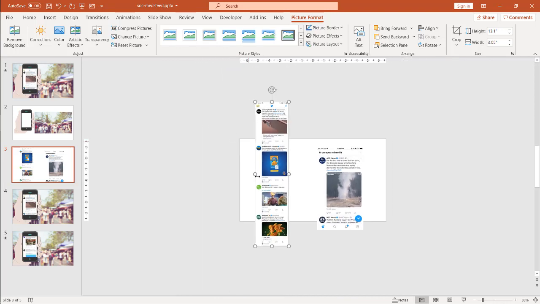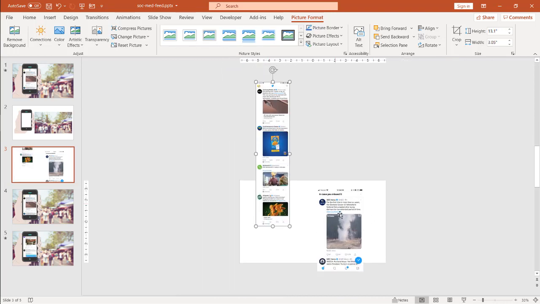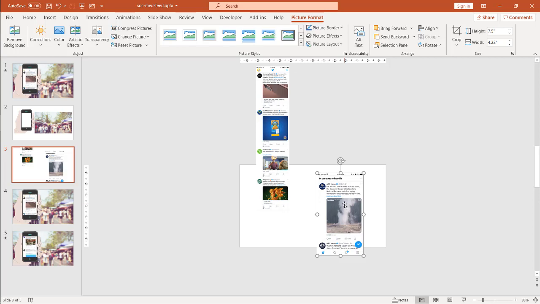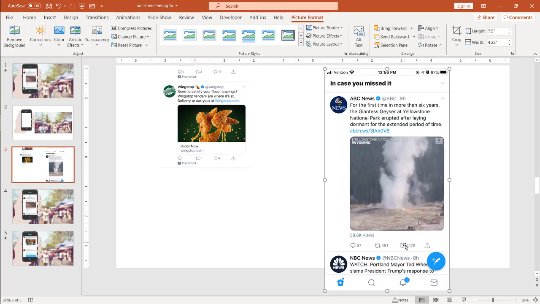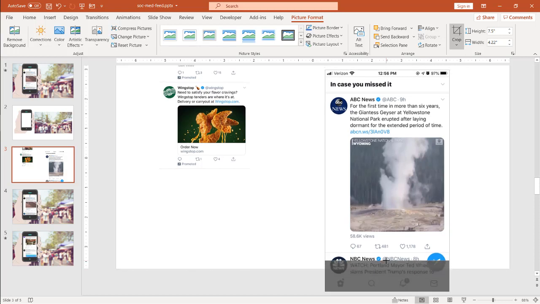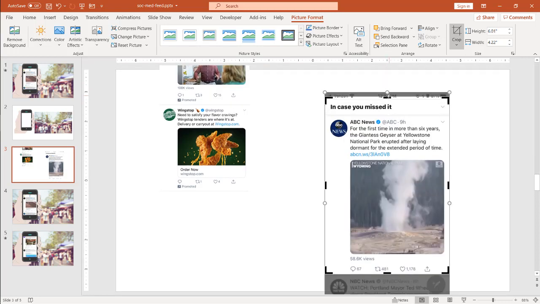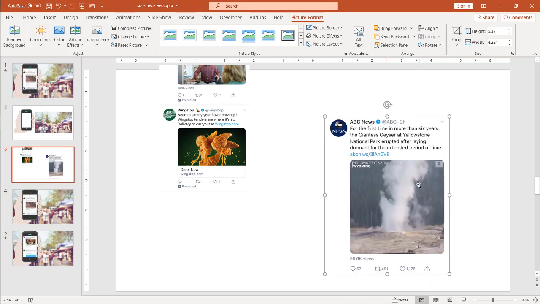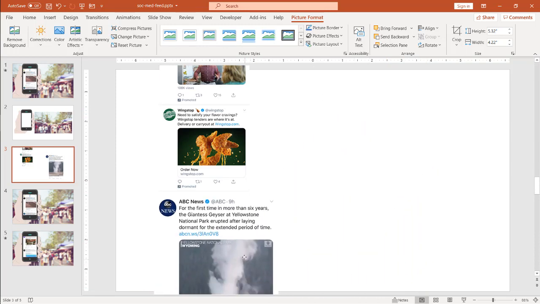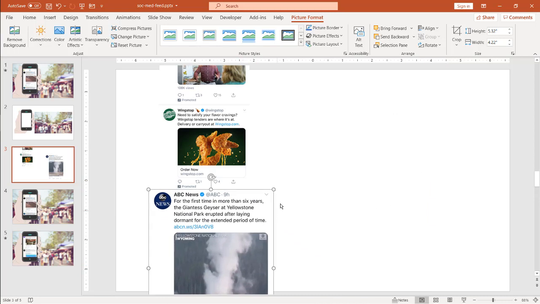Now, if you wanted to learn how to stitch these together, here's a quick way we can do it. I'll show you. We have this. If I zoom in, this is just another part. I just want a portion of this, so I can go under Picture Format. I click on the picture, go to Crop, and just crop this down. All I want is this part of it, and I don't need that part of it. Let me crop this part. Click crop again, and now I'll put it into this portion, resize it